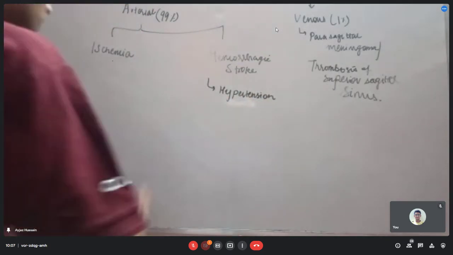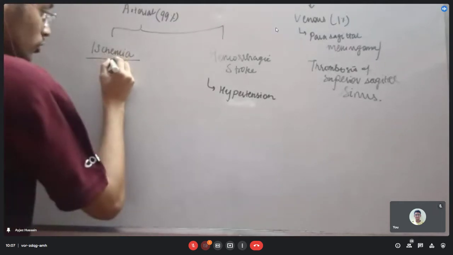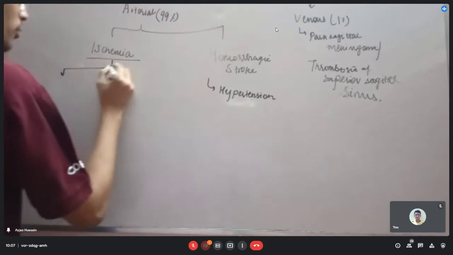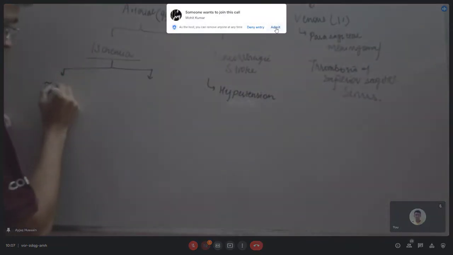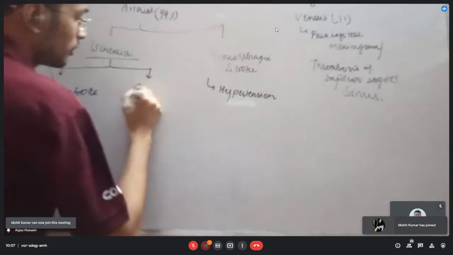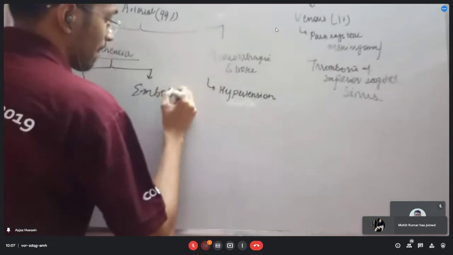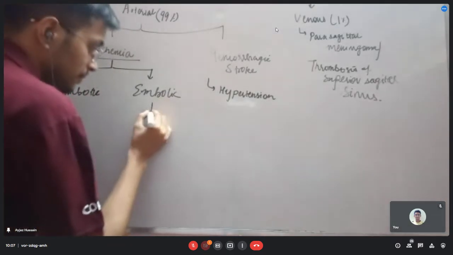Okay. Talk about ischemic strokes. Now, as we already talked about, the ischemia can be because of a thrombus formation, or it can be because of an embolization of a thrombus. So it could be a thrombotic stroke, or it could be an embolic stroke. Right. अभी एम्बोलिक को भी 2 पार्ट में डिवाइड कर सकते हैं।